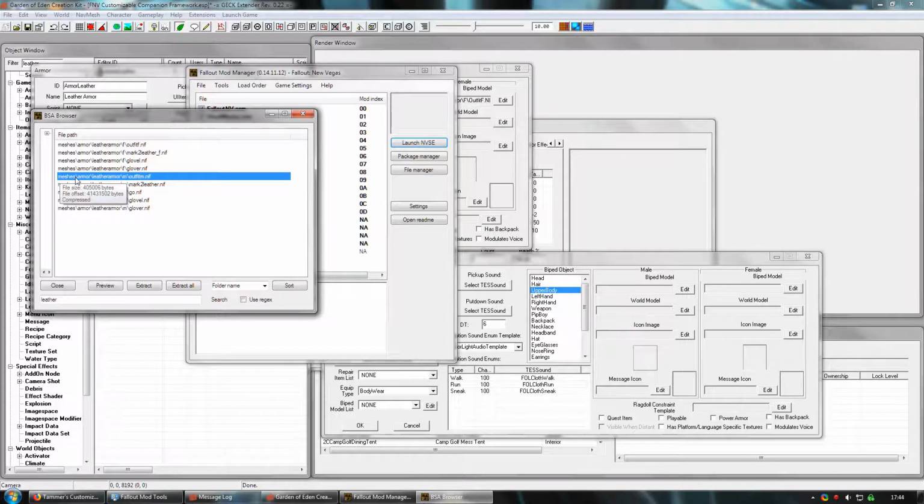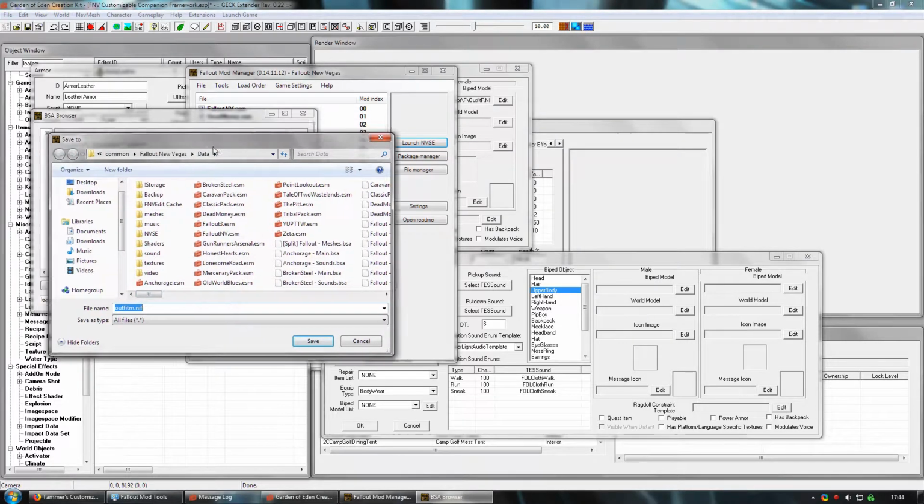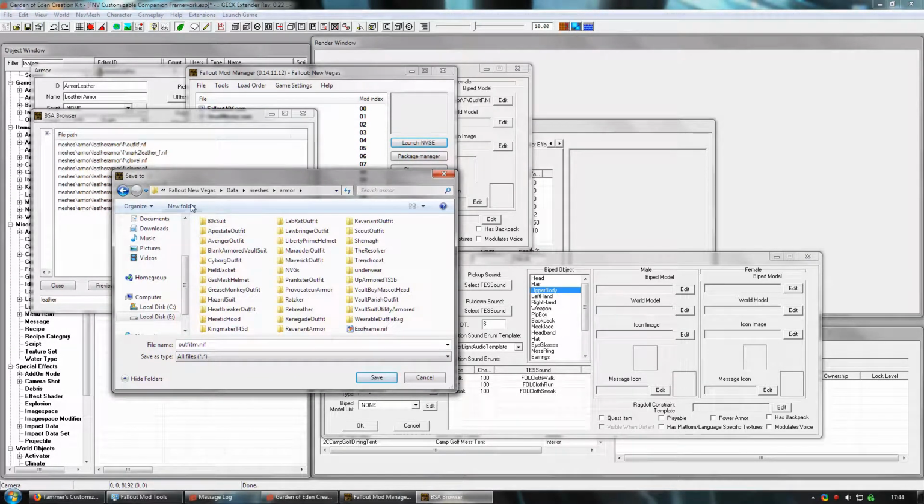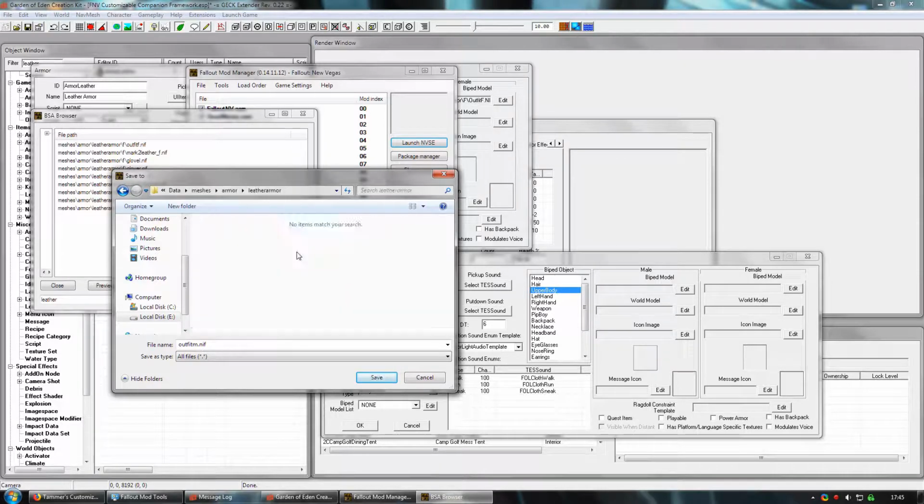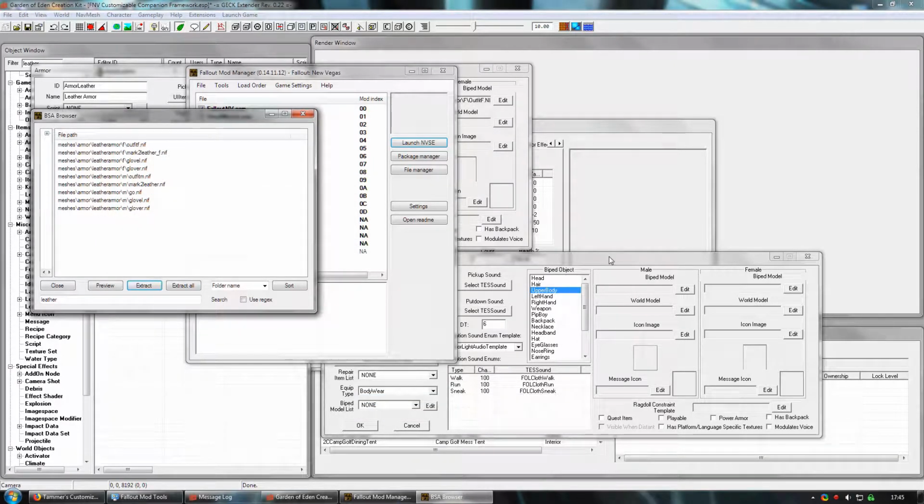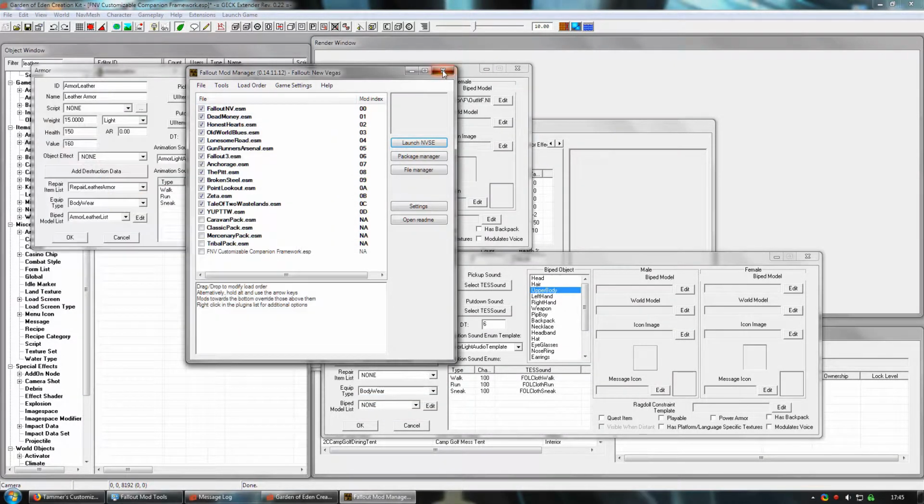So here, meshes/armor/leather armor/m/outfitm.nif, extract. So meshes, armor. If the folder doesn't exist, you can create it. Leather armor, M, and outfit M. Save. And then now we can close this,